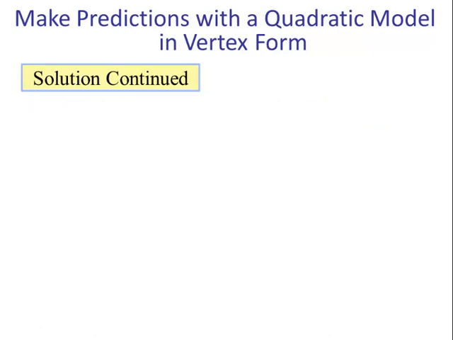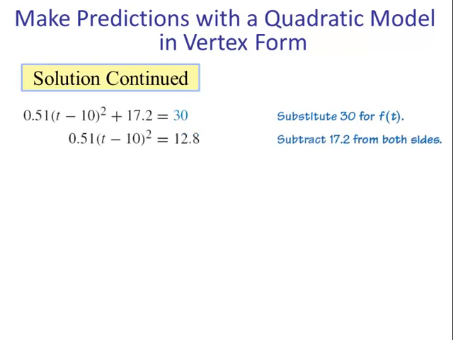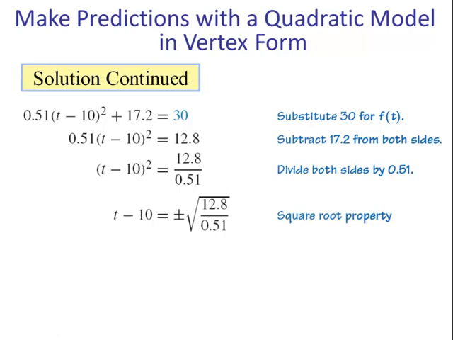So for number 2, we want to know what values of t when y is 30. So we substitute 30 in for f of t. Next, we need to subtract 17.2 from both sides. Now we need to divide by 0.51 and then use the square root property, and we have the equation t minus 10 equals plus or minus the square root of 12.8 divided by 0.51. Lastly, add 10 to both sides, and we have t equals 10 plus or minus the square root of 12.8